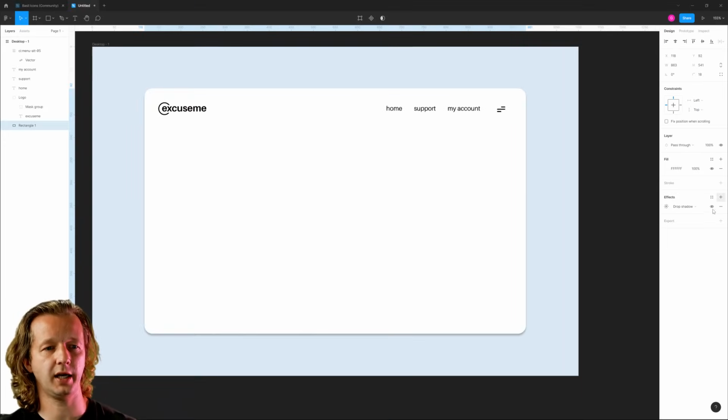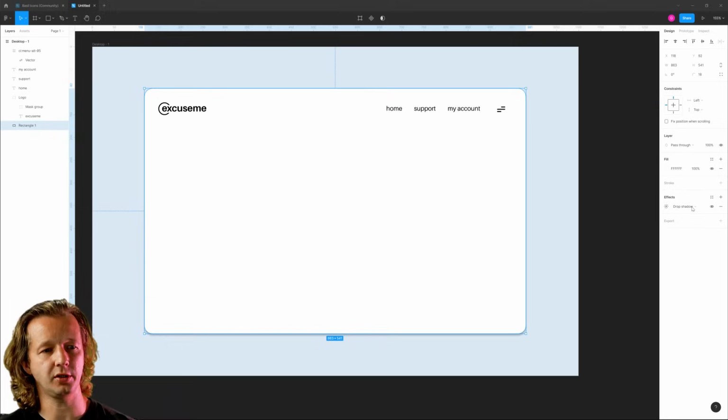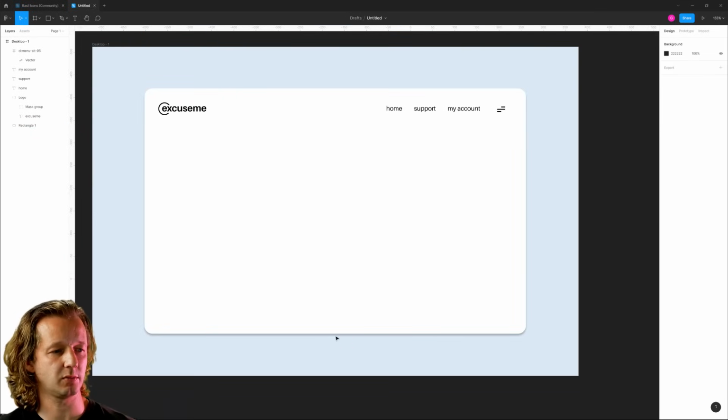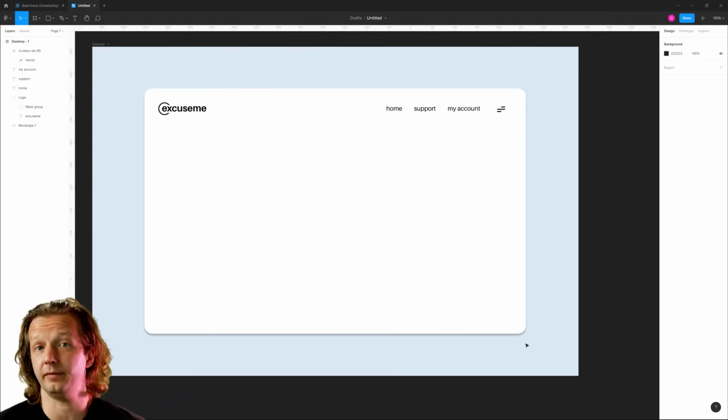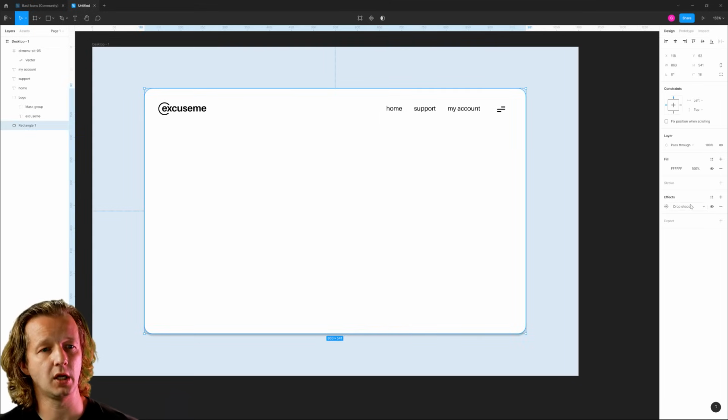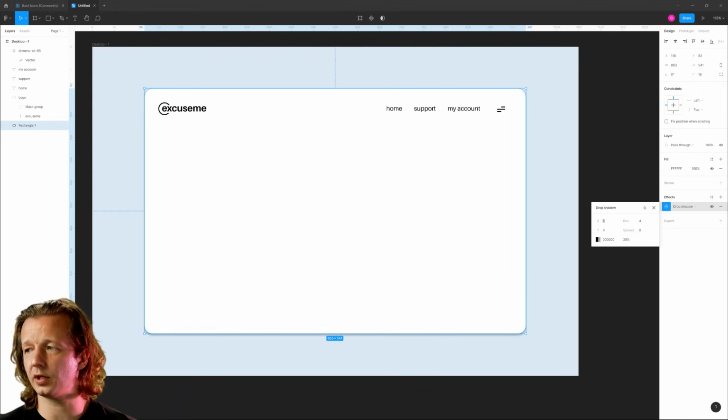All right, so plus, and it's a drop shadow, as you can see by default. And then we click over here. Now notice it gives you this basic drop shadow. You can use it if you wish, but we're going to make it a little bit different. So we're going to come over here into settings, and for this drop shadow, this first one, we're going to